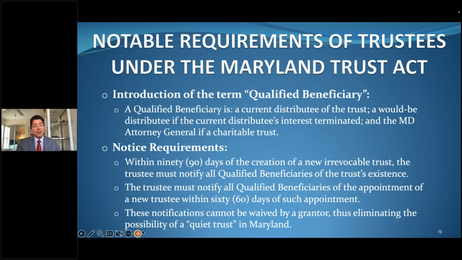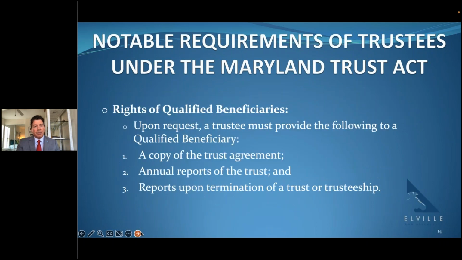Beneficiaries in Maryland are entitled to notice, and they are entitled to information. What information are they allowed to get? Well, a copy of the trust agreement, annual reports, and trustee termination or appointment. And as the person who asked the wonderful question asked, is everyone entitled to this if they are only a beneficiary of a bank account or a specific provision in the will or trust? This is going to be a case-by-case situation that has to be analyzed, because remember, if the trustee doesn't follow their fiduciary duty,